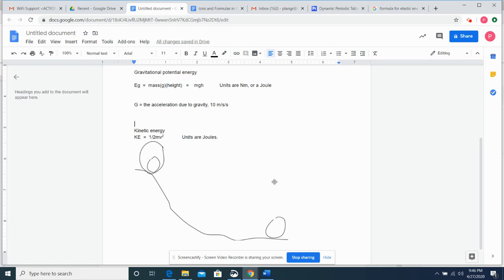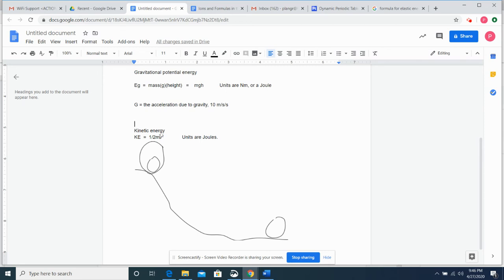Now, why is it 1/2 mass times velocity squared? Well, I'm not going to show you the derivation of that equation actually, but we can take a look at that and remember if we took these units here, we saw that they had kilograms and then it had meters squared because it was meters in the acceleration times meters in the height, so that's meters squared, and then we had seconds squared here, seconds times seconds. All right, well, this is going to be the same because velocity is meters per second and it's squared, so it's meters squared per second squared